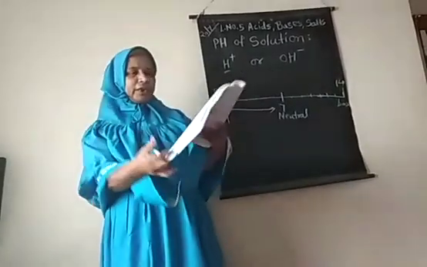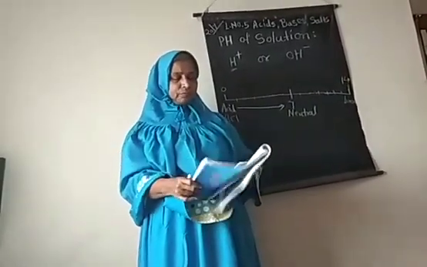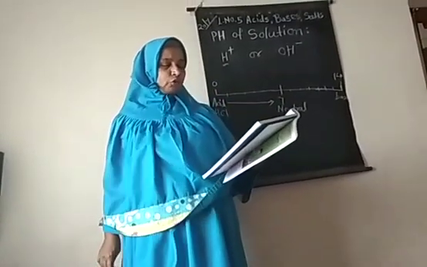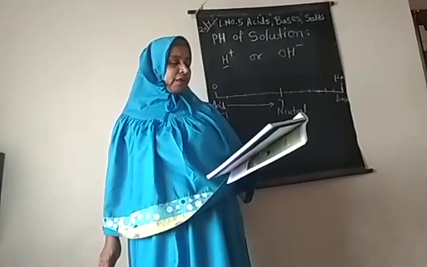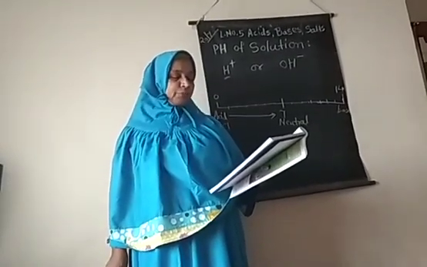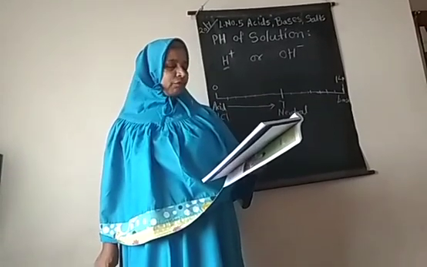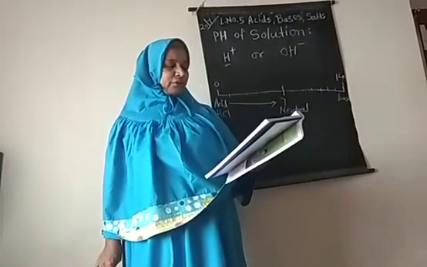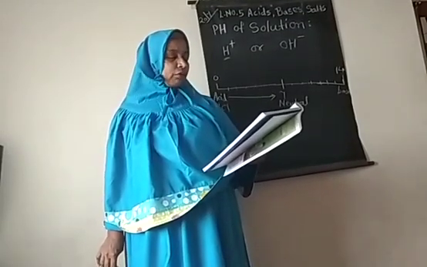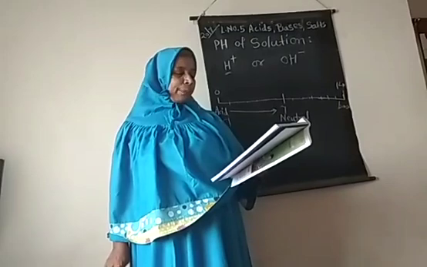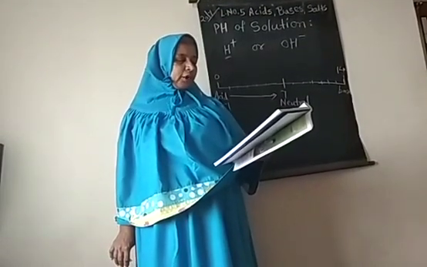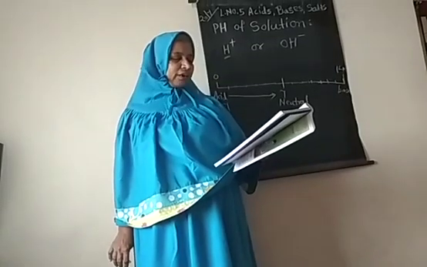So now I am reading this paragraph. We have seen that acids and bases dissociate to a smaller or larger extent on dissolving in water, forming H plus or OH minus ions respectively. H plus and OH minus ions are found in different proportions in all natural aqueous solutions, and that determines the properties of those solutions. For example, the proportion of H plus and OH minus ions divides soil into acidic, neutral and basic types of soil.